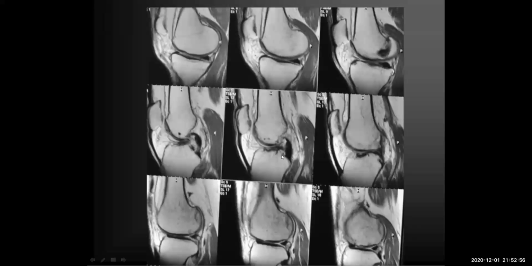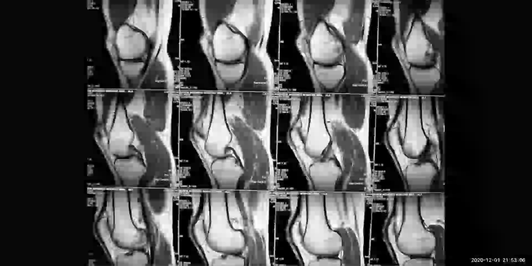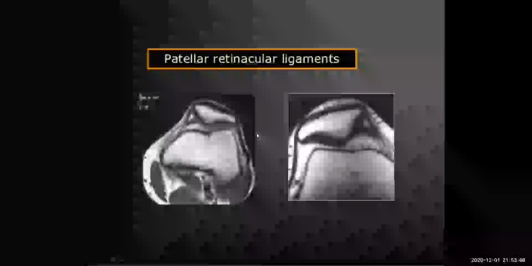Definitely, this is the sagittal. You have to depend on, as you said, you have to have a global look for the knee. Again, an MRI. Let us skip that. Going for the